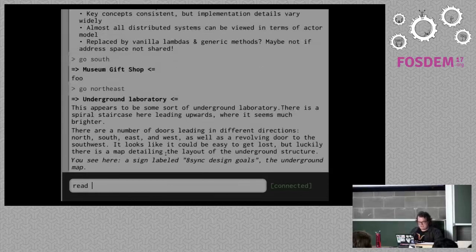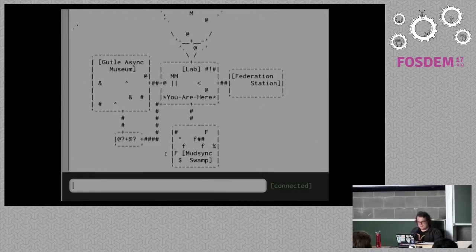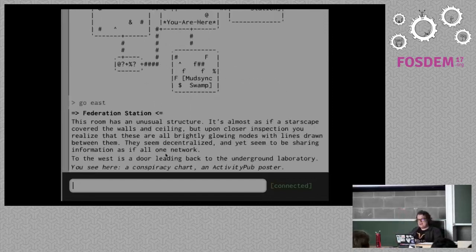So we still have the Federation Station. Should we go there? Yeah. Okay, let's go there. This is actually the whole basis of me working on all this stuff in the first place. Some of you know, maybe not everybody, my main thing is I'm working on trying to do decentralized internet things, right? And I get so frustrated with coding and every other thing that's trying to do concurrent programming that I decided to shave all the yaks and head over to Guile.